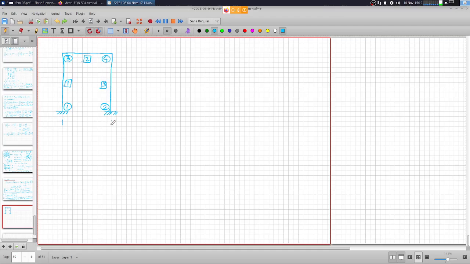And this is probably I can just say this is L, and I can say this is H. So if I have coordinate system origin at node 1, then this is the coordinate system, and I can have connectivity matrix as element, node I,